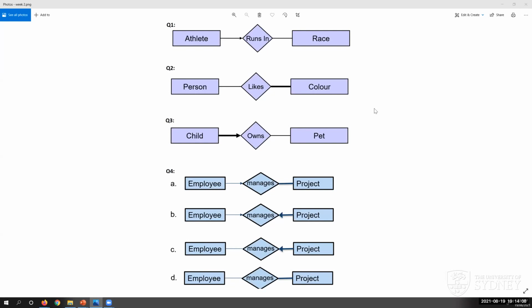64%. Still 39% people said the last one, each person must like at least one. No, the thick line is on this side, right? So you have to read it from this side that each color must be liked by at least one person. Child, so here we have a thick line and an arrow, so this one will be exactly one. So each child will